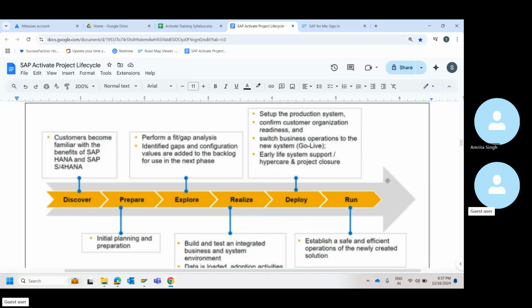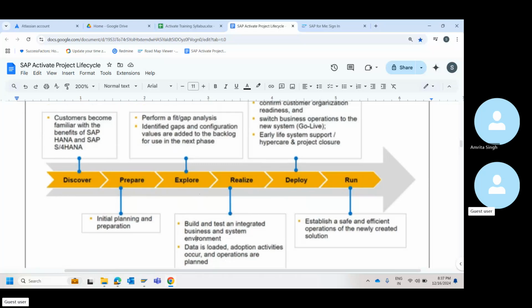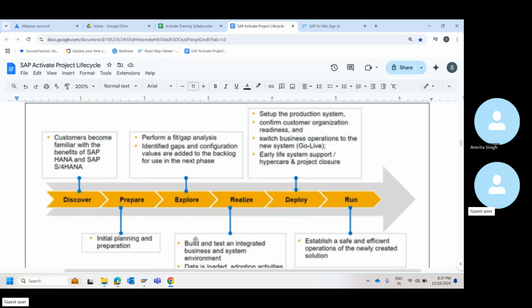Here, you will have to use the terminology of fit-gap analysis. Then data migration is important. Then configuration is important. TR is important.